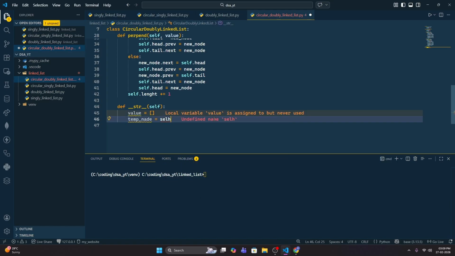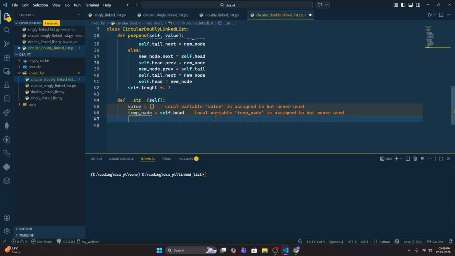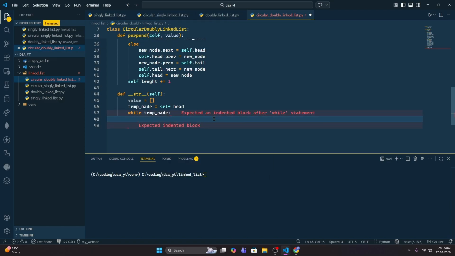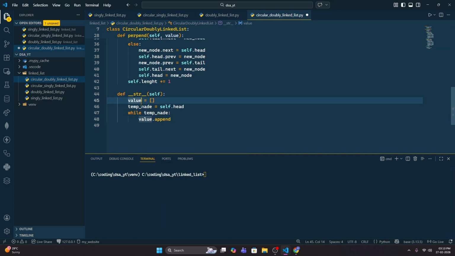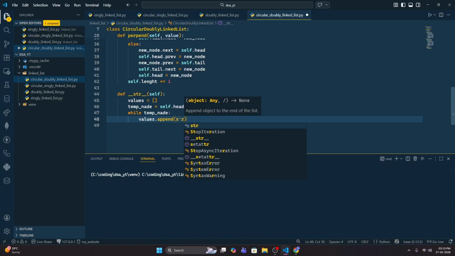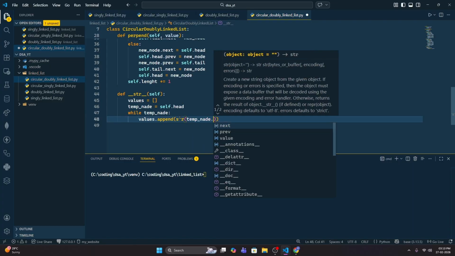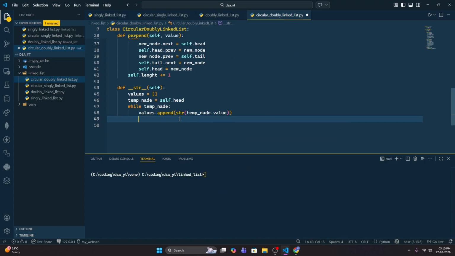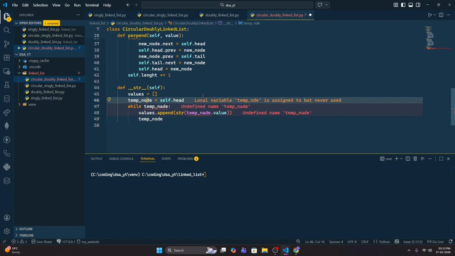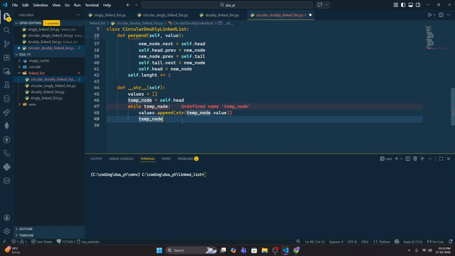So temp node will start from the head, and while temp node, let's name it as values instead of value, and let's append str of temp node dot value, and temp node will be equal to temp node dot next,